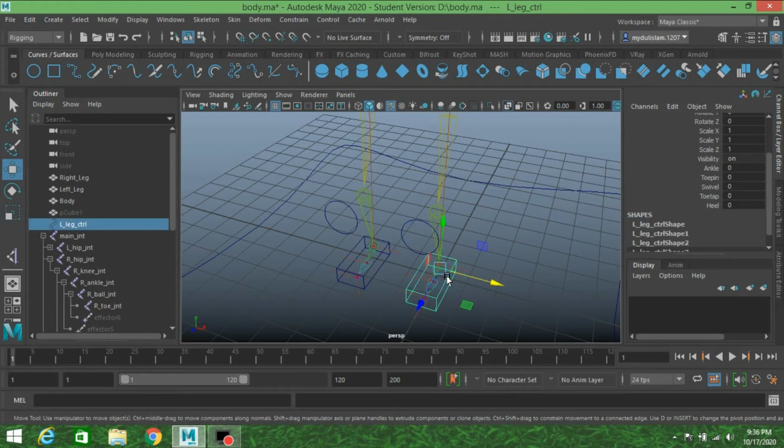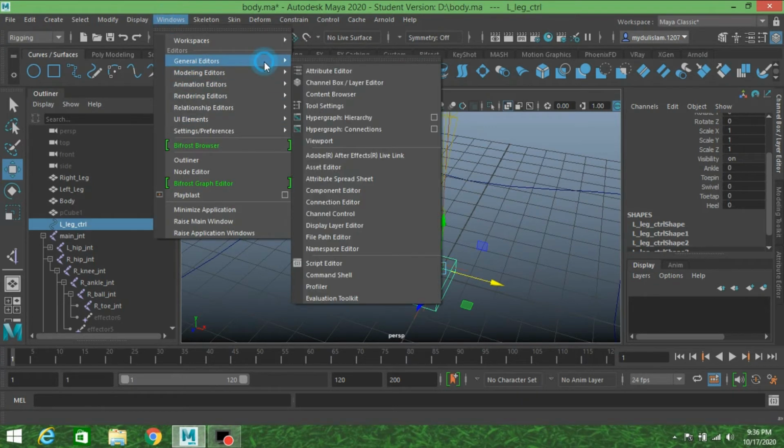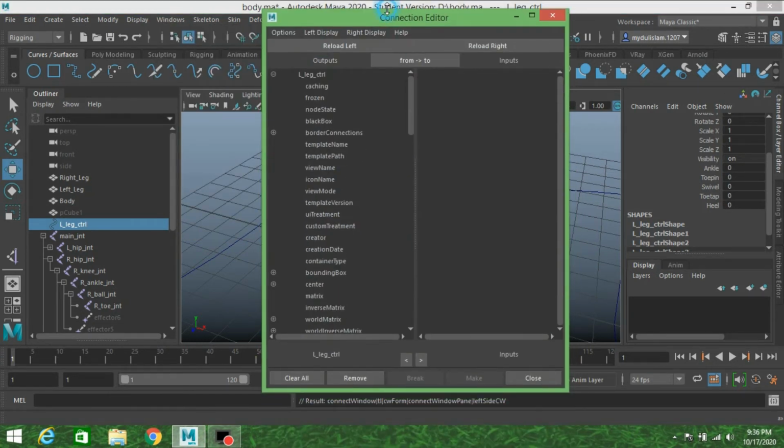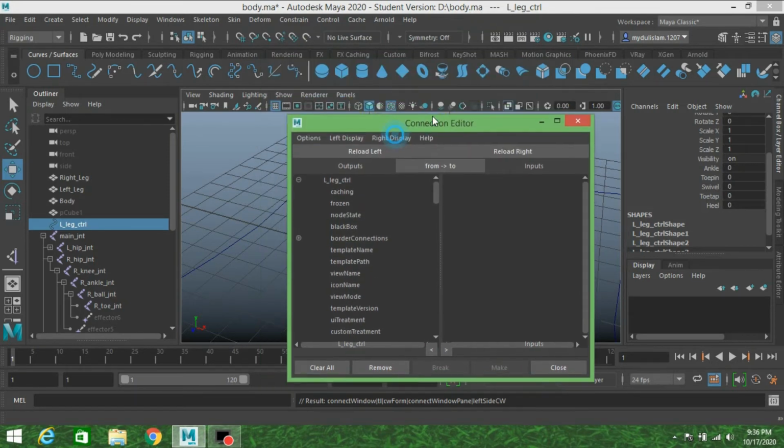First select the left leg controller, go to Windows, General Editor, open Connection Editor, minimize the window.